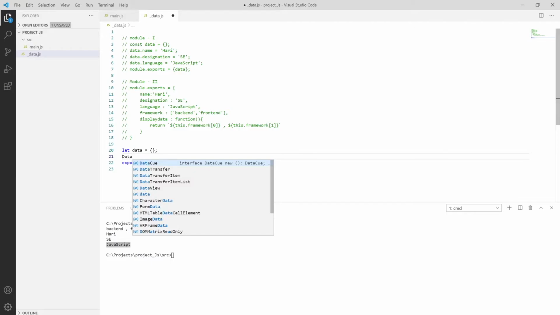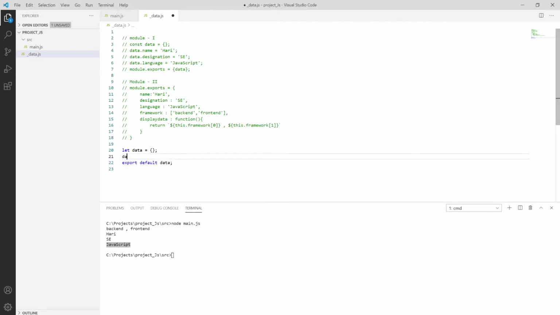So data.name equal to Hurry, then close it down, putting data.language, and then I'm creating an array, and inside that array I'm creating an object with key-value pairs, putting name as JavaScript, and type as front end.